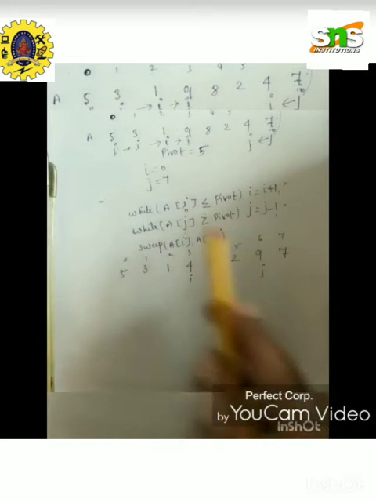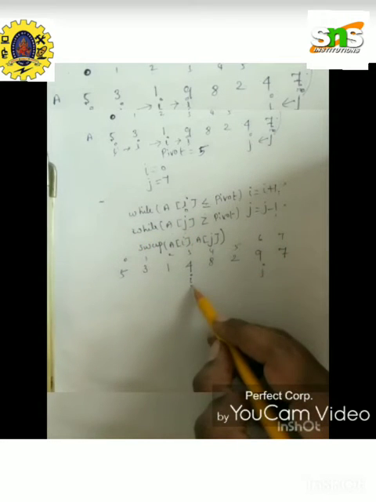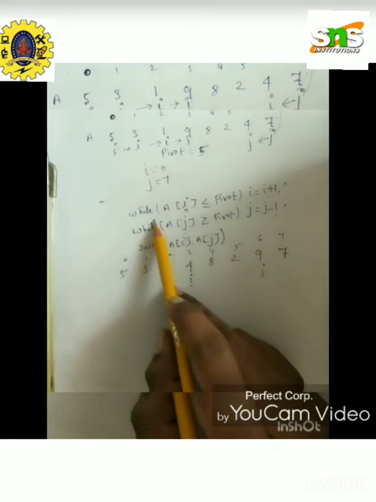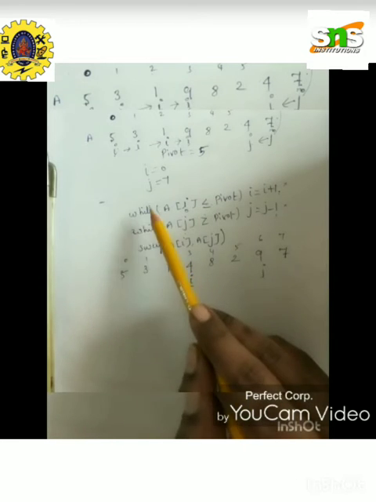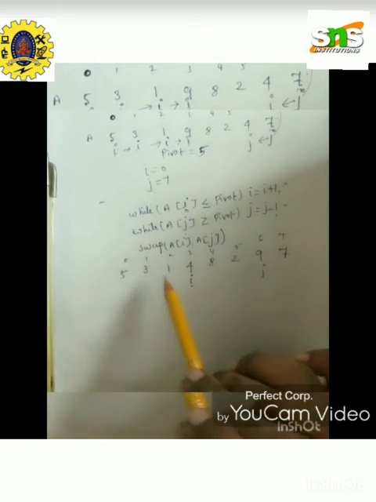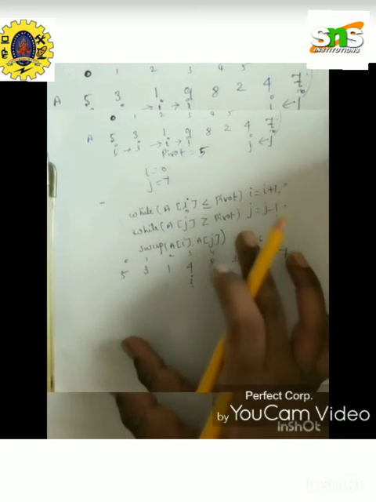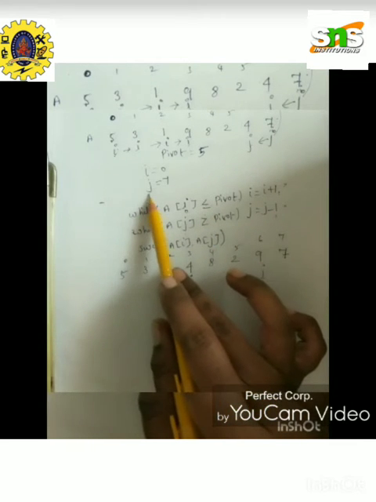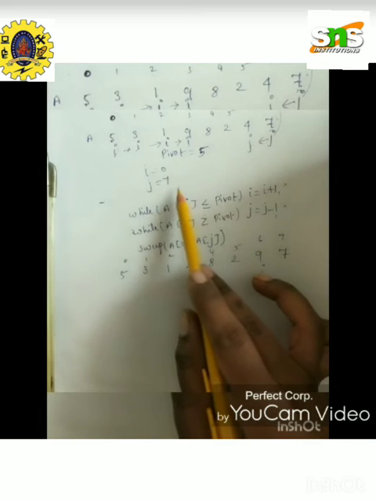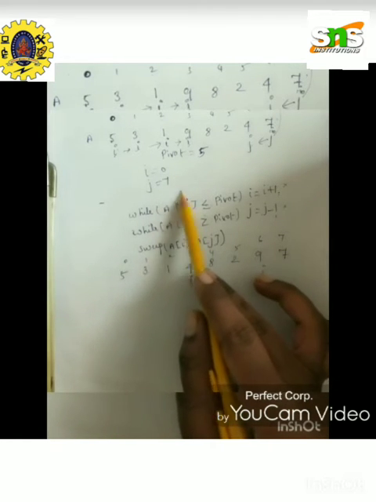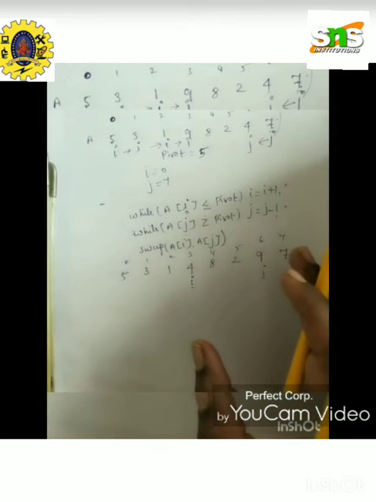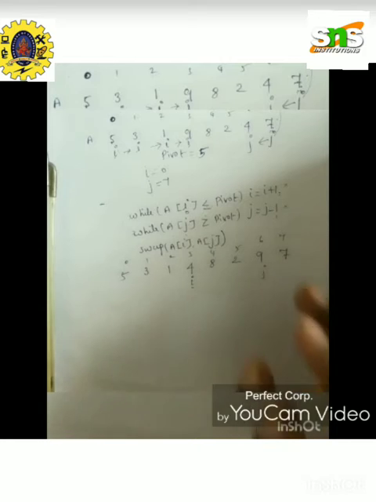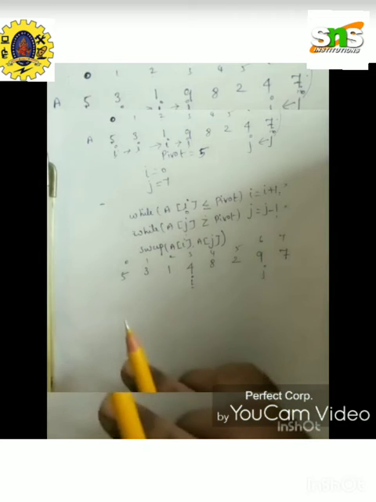So when will this complete? When the i value becomes greater than the j value, these two loops get terminated. So we need an outer loop for this whole statement. We will write an outer loop in the algorithm. The outer loop executes only while i is less than j. When the i value exceeds the j value, it gets stopped, and finally we swap the j value with the pivot value.